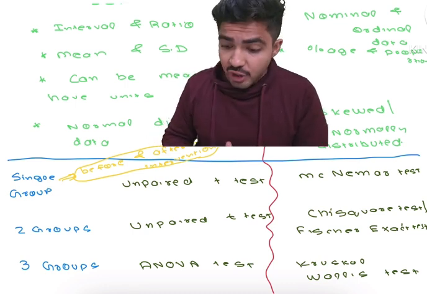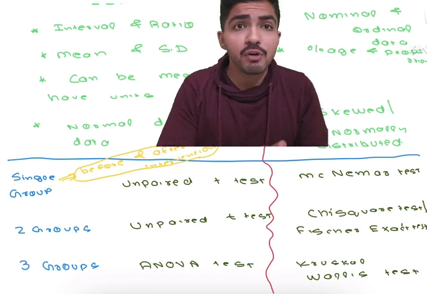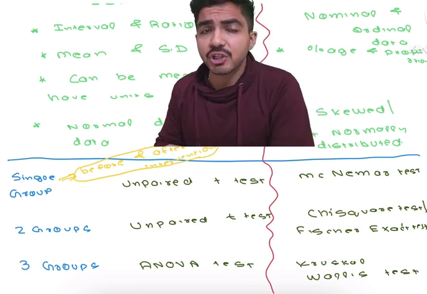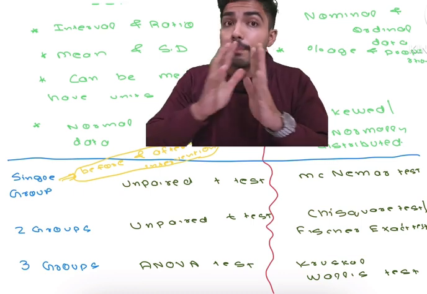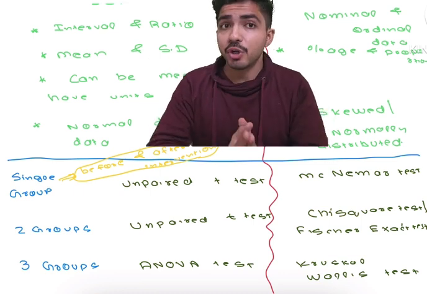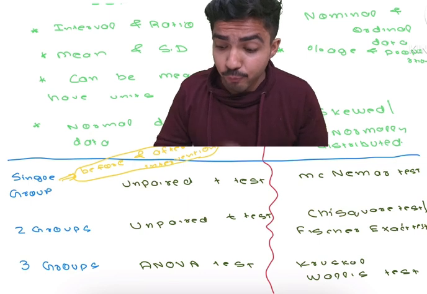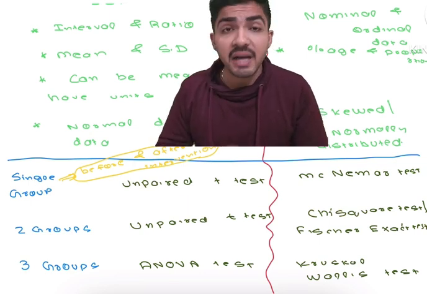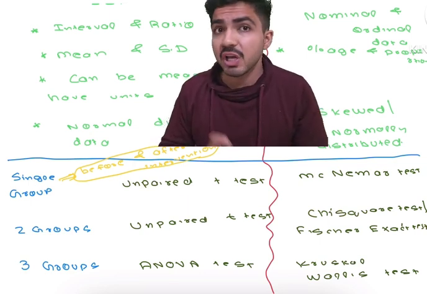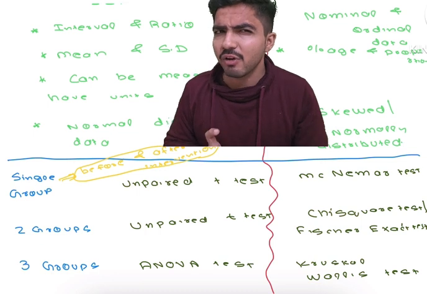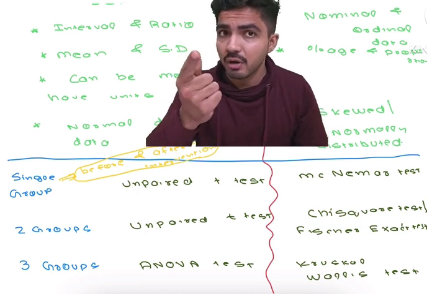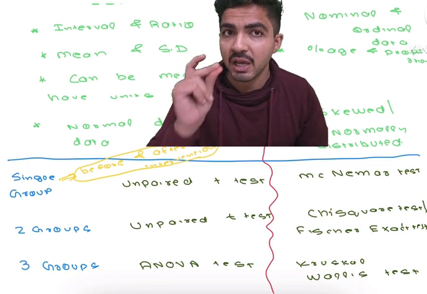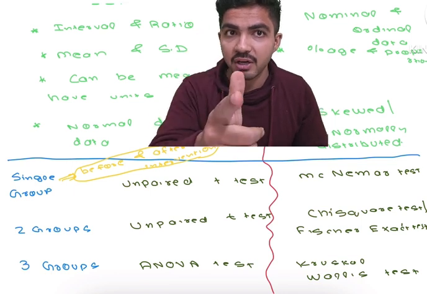So I have checked and compared the hemoglobin level before and after the intervention. The intervention in this case was the packed RBC, 1 unit of packed RBC, and the variable and the data which I was comparing was the hemoglobin level. And hemoglobin level is what type of data? Qualitative, quantitative. Mean hemoglobin can be calculated, so it is a quantitative data.